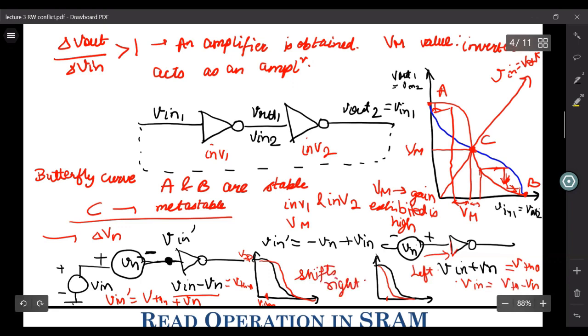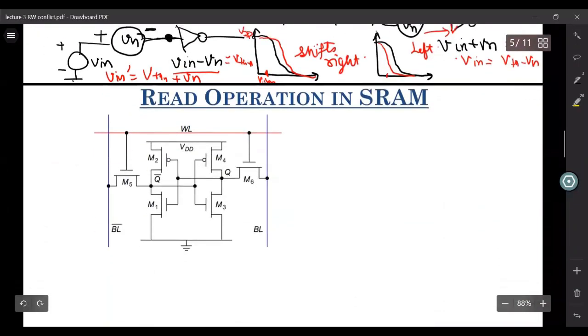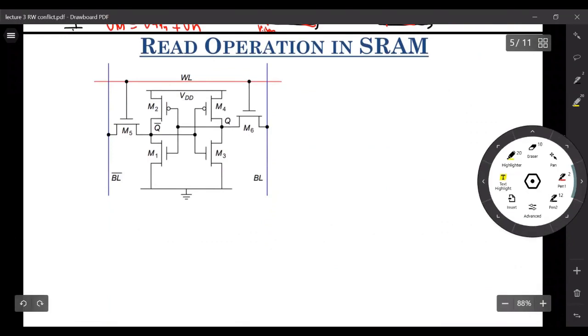Keep this in mind. This will be very useful when we discuss the noise margins. Okay, with that, let us go to the read operation in a SRAM cell. So what happens in a read operation is,